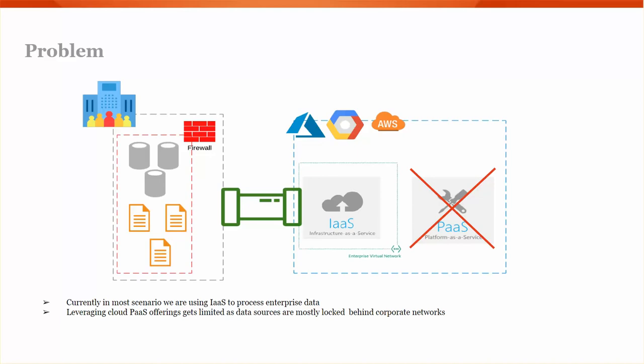Now, when we talk about cloud embracement, it's good for every greenfield, but if we want to consume the existing resources, it becomes a bit of a challenge, because these resources sit behind the firewall and behind the security of the enterprise network. One of the ways it has been done to date, if you're using IaaS, like you provision your own VM in Azure, GCP, or AWS, is that you create a dedicated network connection, which can be through ExpressRoute or something else. Using that, you can connect to the on-prem enterprise network and access the data